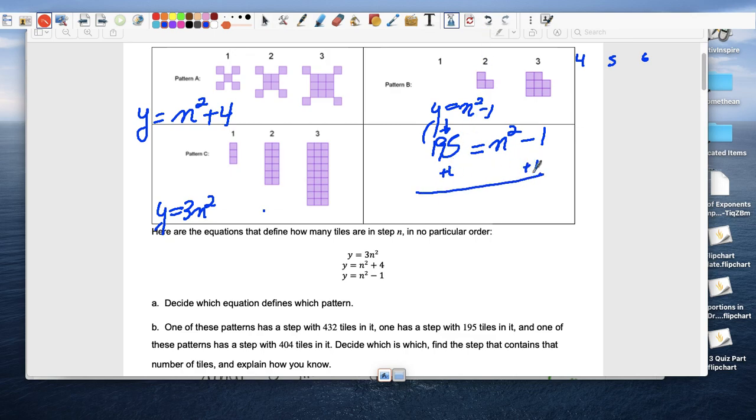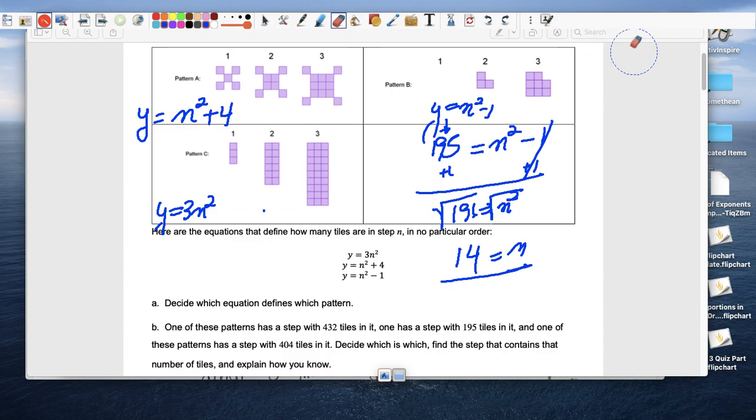Plus 1, right? This goes away. N squared is 196. Is there a square root of 196? Well, it is 14. Look at that. So n equals 14. So they're saying that what we just found out is that the 14th term, it would have